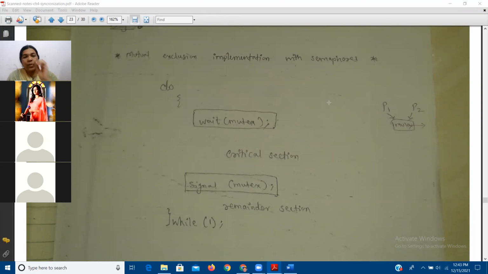Each process has its own entry section, critical section, exit section, and remainder section. Whenever a process goes to the remainder section, another process is able to enter the critical section. When that process enters, it immediately has to decrement the variable till the condition matches or reaches. Once the condition is true, it is able to enter the critical section. Right? So this is the simple use of semaphore in the solution, written in the form of wait and signal operations.